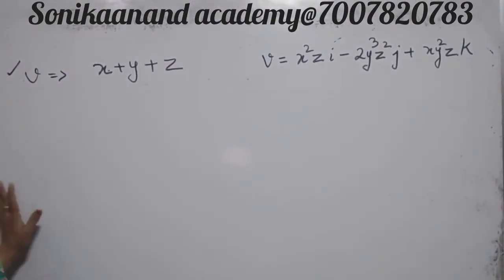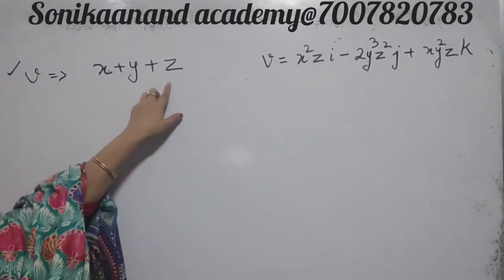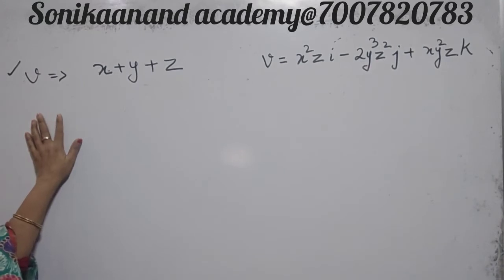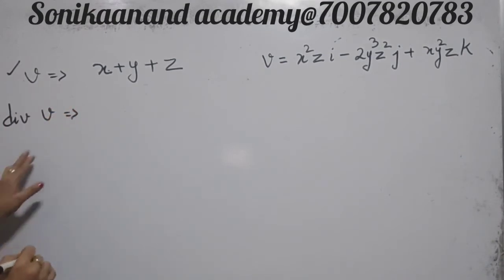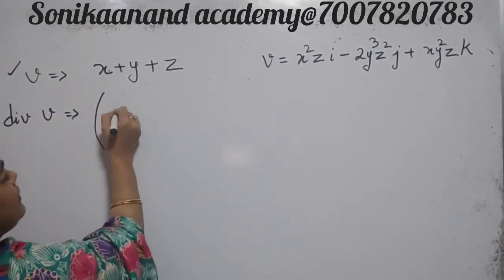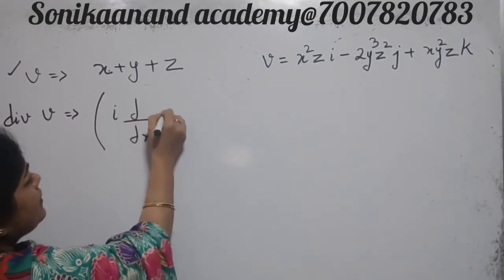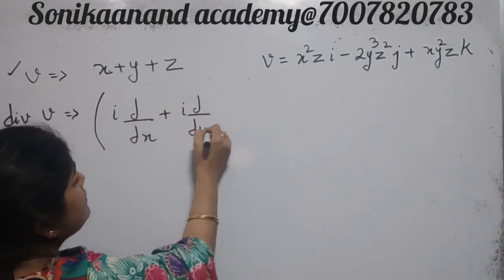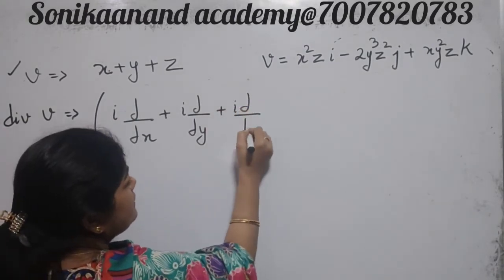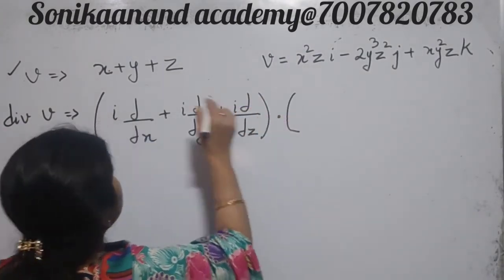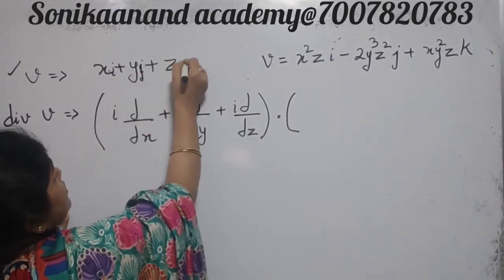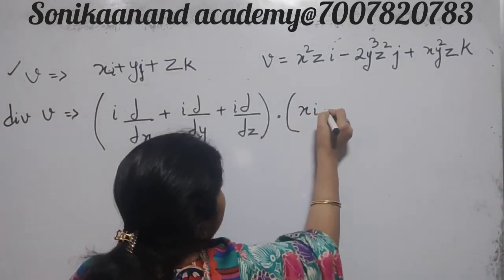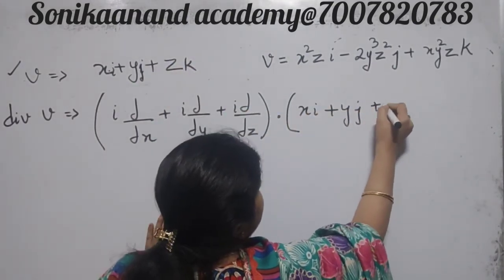अगर कंफ्यूजन, नाउ वी जस्ट डिस्कस हाउ टू फाइंड द डाइवर्जेंस ऑफ एनी वेक्टर। फॉर एग्जाम्पल, द सेम क्वेश्चन इज अगेन एंड वी हैव टू फाइंड इट्स डाइवर्जेंस, that is divergence of the vector. For the divergence of the vector, we write in this way: d of dx i, d of dy j, d of dz k, dot product of this given vector, and the vector is always given in the form ijk, that is xi plus yj plus zk,